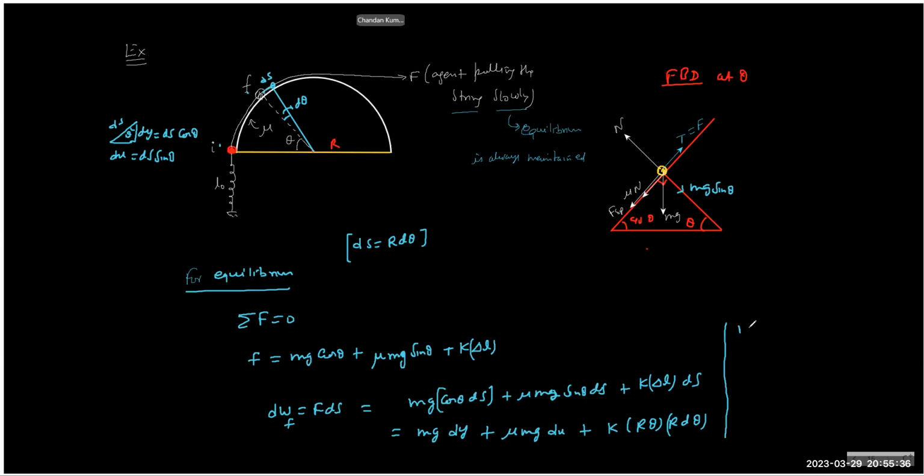Then I write the net work done by F, which is the integration of F dot ds, and the rest I know. We have done this before. So if you reach here, this is your total X, this is your total Y. So delta X is R(1 minus cos theta), and delta Y is R sin theta. In general, if you want to solve a general answer, the answer will be